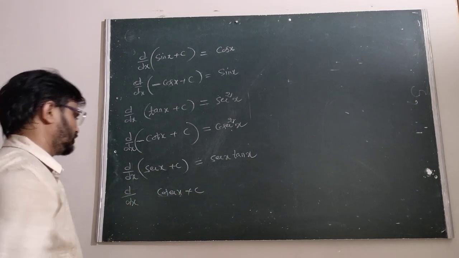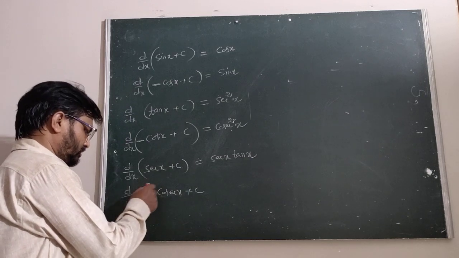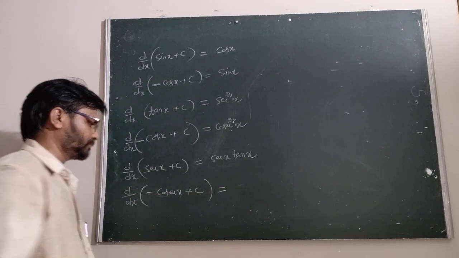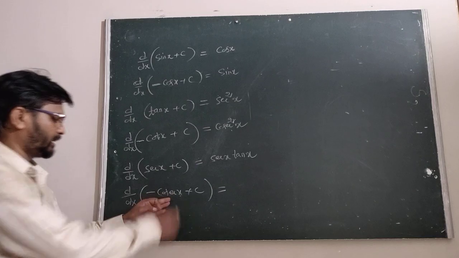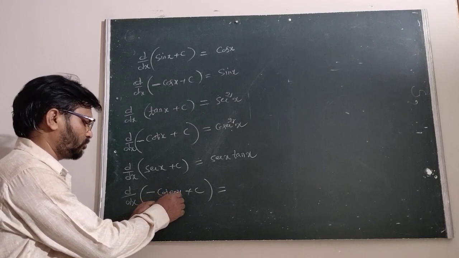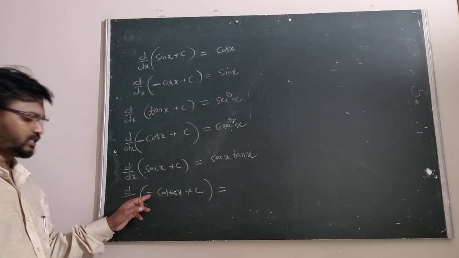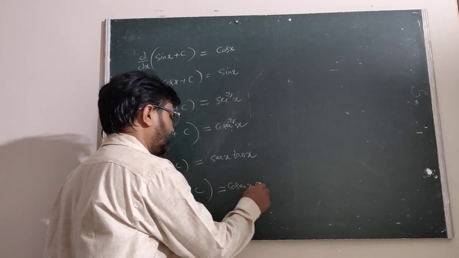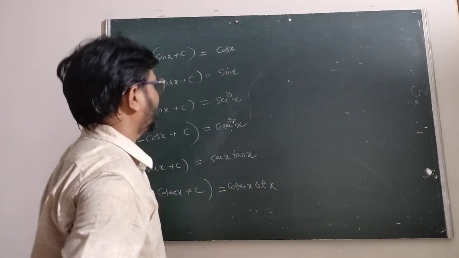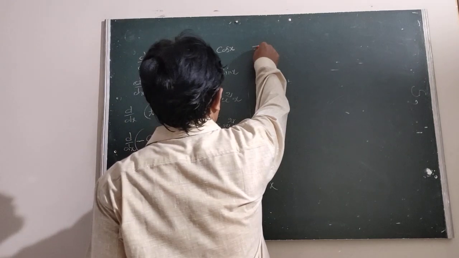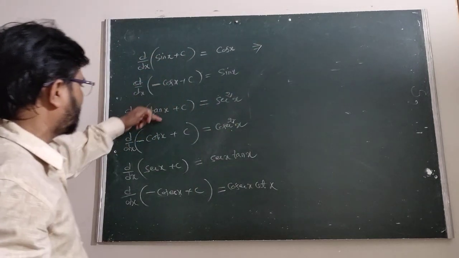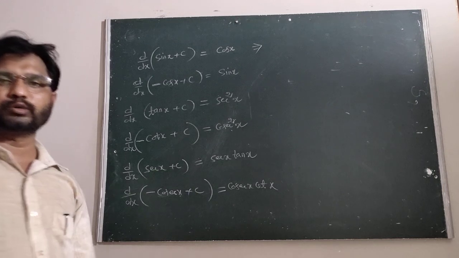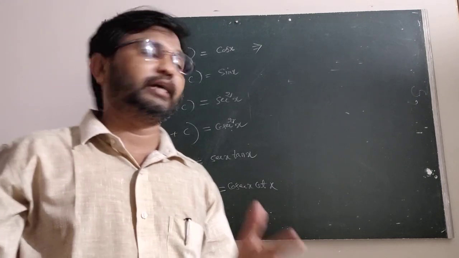The derivative of cosecant x is minus cosecant x cot x. Minus of minus is plus, so this is cosecant x cot x. Is it clear? We know that these are all called antiderivatives or primitives or integrals